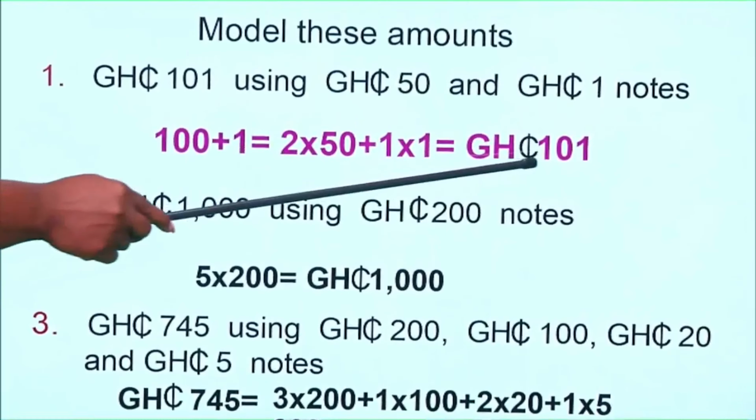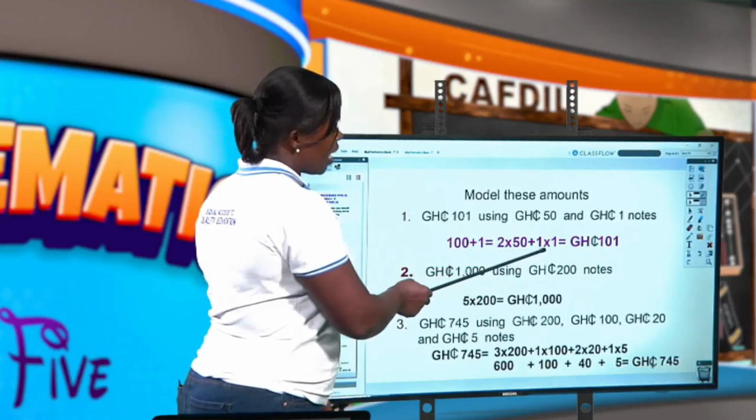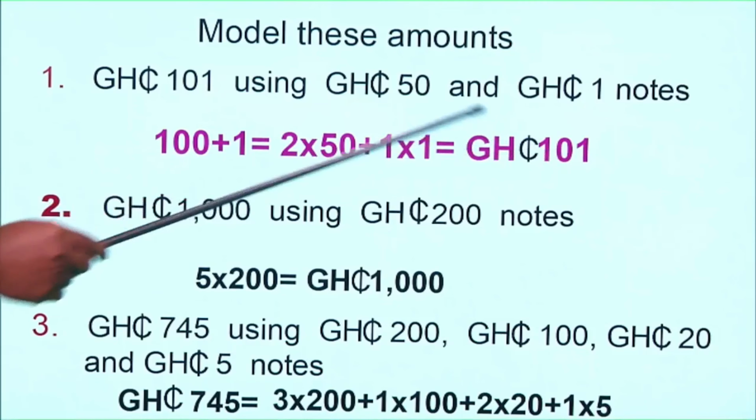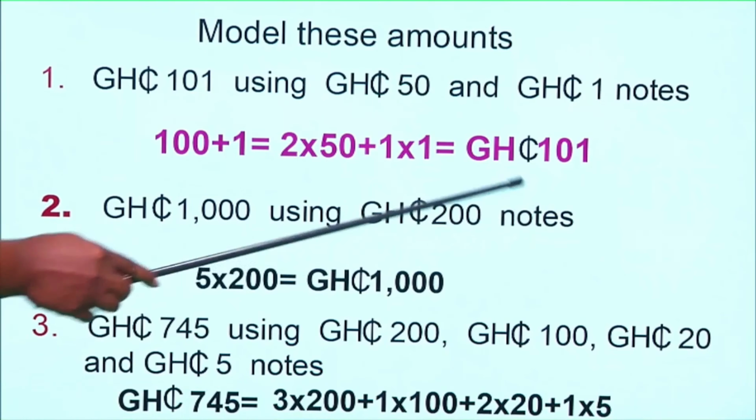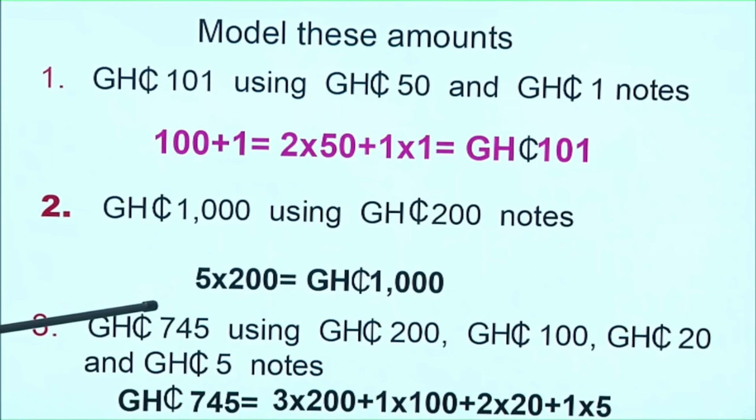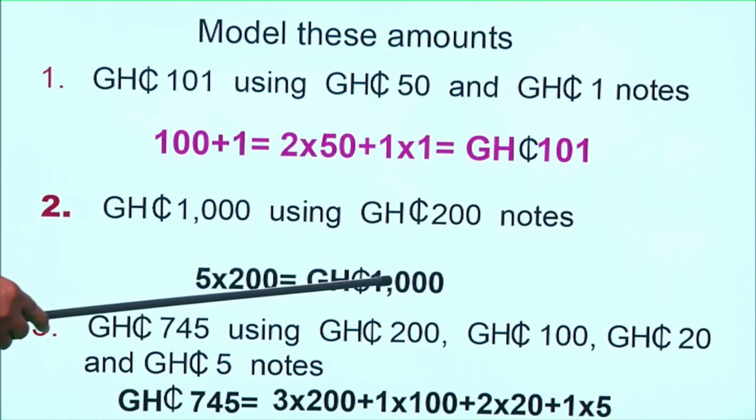And when we add everything, we had 101 Ghana cedis. The second one, 1,000 Ghana cedis. We modeled it using 200 cedis notes. And with that, we skip counted in 200, and we had 5. So 5 times 200 is 1,000 Ghana cedis. And the last one,